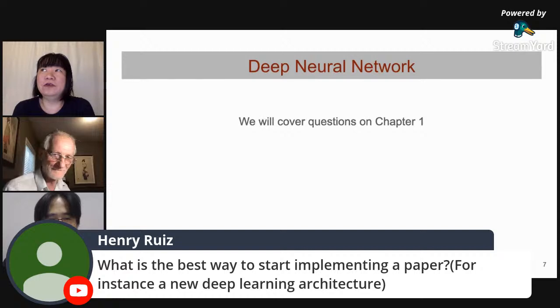Well, first of all, I highly recommend this website called Papers with Code. If you go there, you can search for a paper, and then likely it's going to have code to go with that paper. Sometimes there's no code at all, if a paper just came out. But a lot of times you will find all the implementations, which is really nice. You will see the PyTorch and TensorFlow implementations there, and the popular ones are ranked by stars, right? That's a good way to look at how other people implement the paper. There are like 5 different ways of implementing it, and you can try to tweak it.